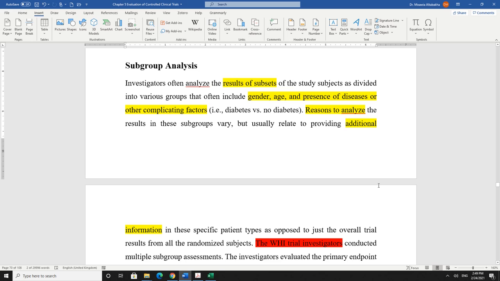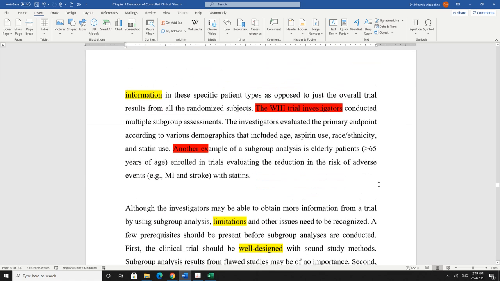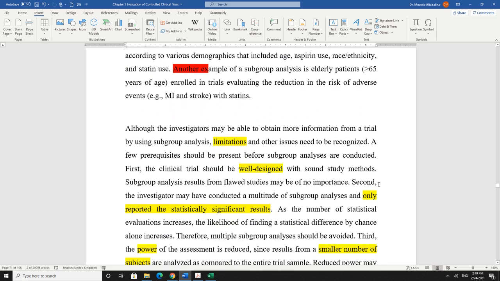The main problem is that, yes, they are secondary endpoints. They give you additional information. It can be a rationale for a bigger trial. Yes, all of this is good information. But the main thing,